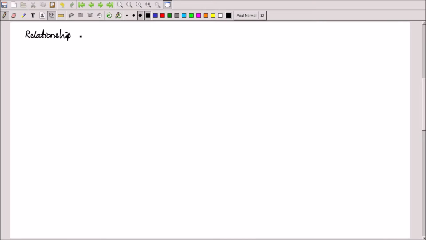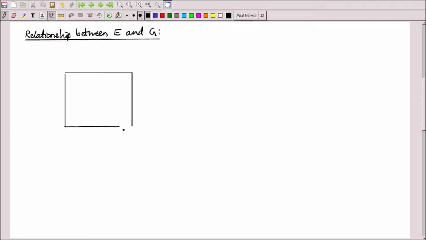Relation between Young's modulus E and modulus of rigidity G. So we'll try to relate E and G now, for which I need to draw a sketch which relates normal strain and shear strain. So I am taking a square plate like this, and let us say the bottom edge is fixed here. This edge is fixed, and I am trying to apply a shear stress on this edge, which is of magnitude tau. Now because of this shear stress, the body deforms.